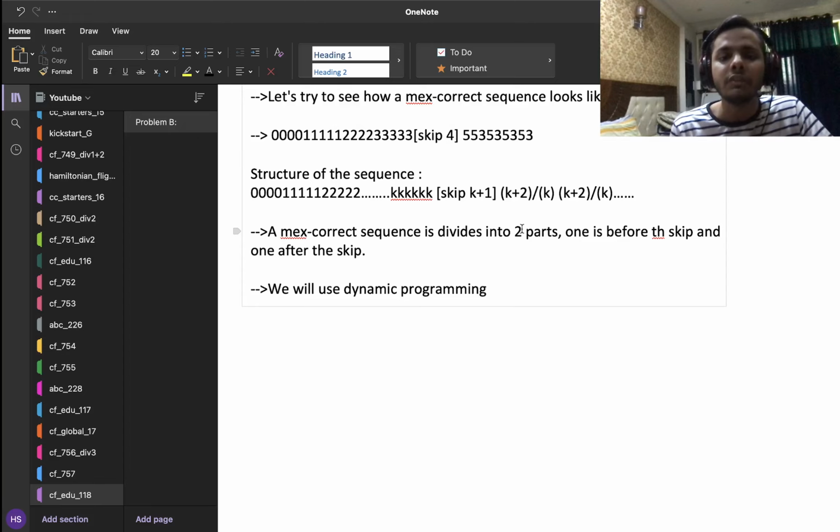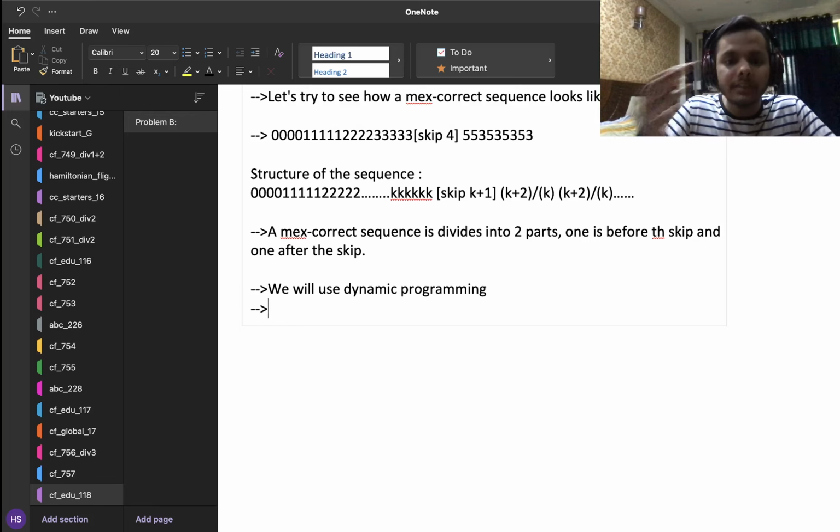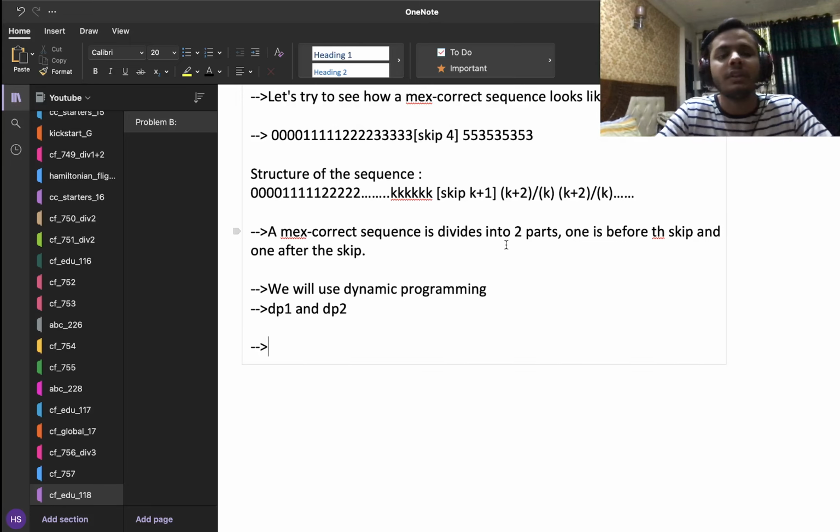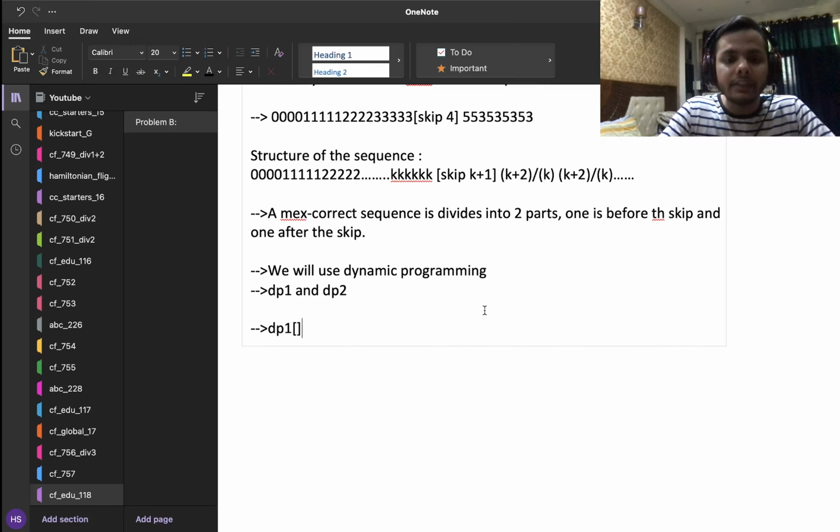That is, the first dimension would store the index and the second dimension would store 3, where 3 is the number of parts. But here, since the number of parts is 2, we will take a 2D DP array, and instead of a 2D DP array, we can use two DP arrays. So DP1 and DP2. And let's say what these values will signify. Now pay very clear attention to what is happening here.